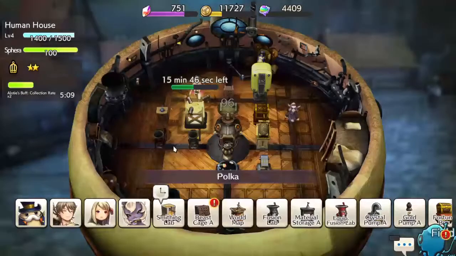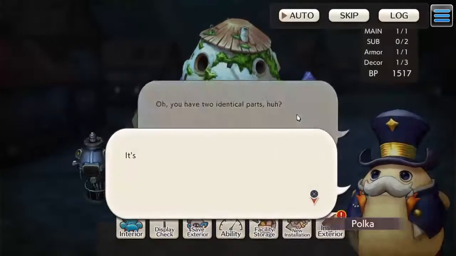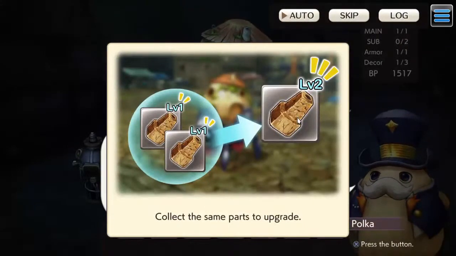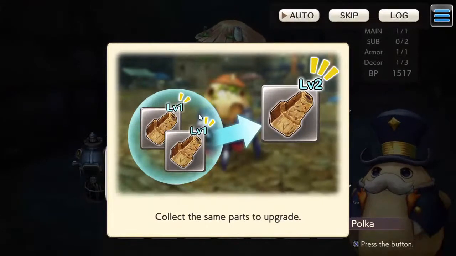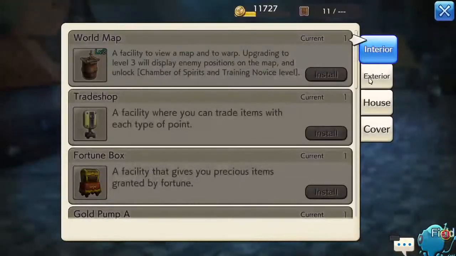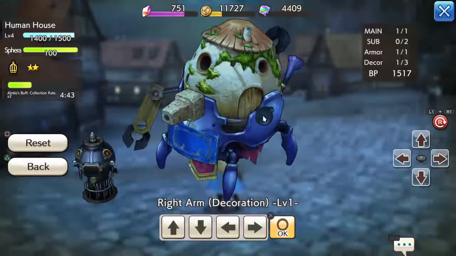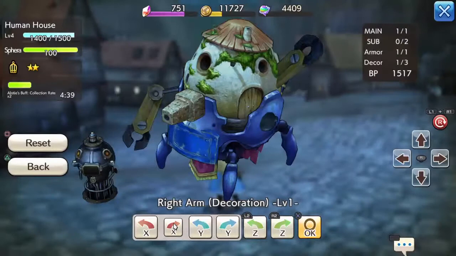The OCD part of me always tries to collect those whenever I come into the menu. It's telling us we have identical parts, and whenever we have identical parts, we can combine them to make the next level. So 2 level 1 makes level 2, 2 level 2 makes 1 level 3, and so forth. That's how that works, but we're not really interested in that right now. We are just interested in installing our second arm decoration, and I think I'm going to put it on the other side